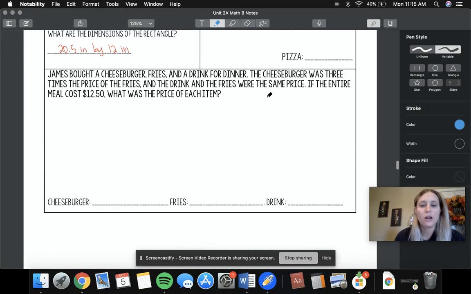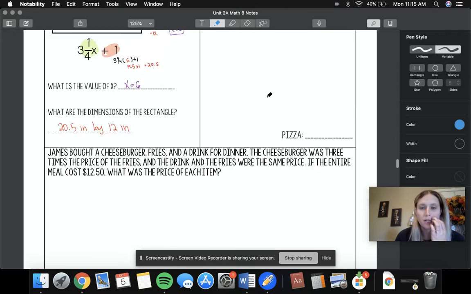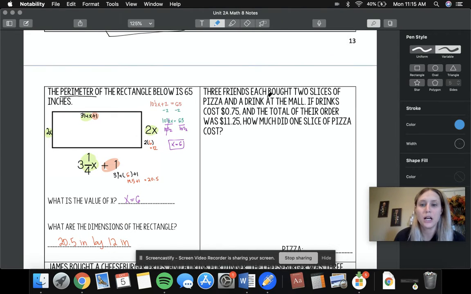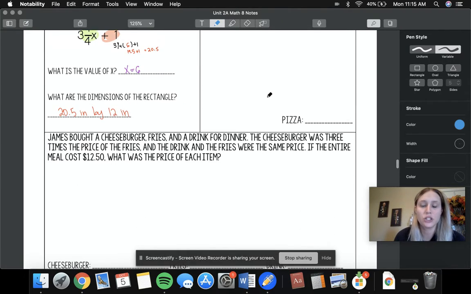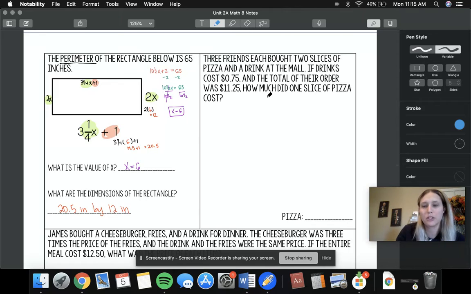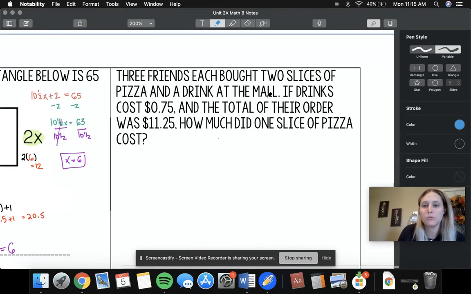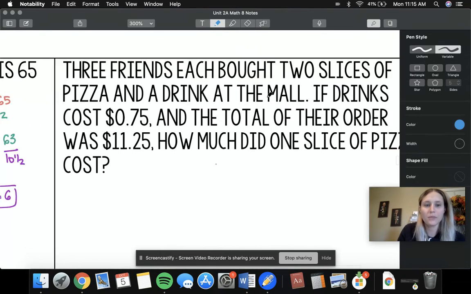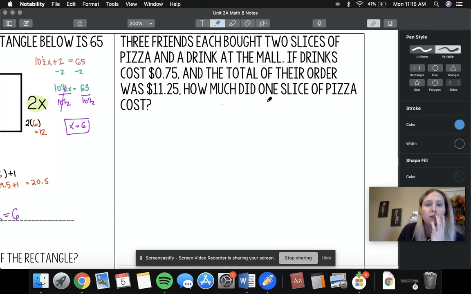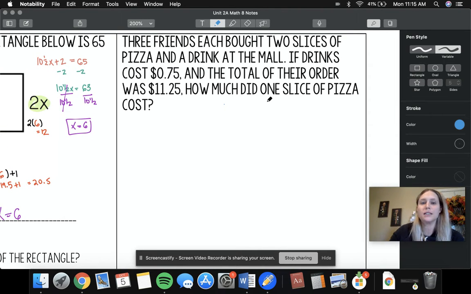Okay, so on page 14, I asked you guys to try these 2 problems, the friends and the cheeseburger problem. So we're just going to discuss it real quick, make sure we feel okay with it, and then we'll move on to variables on both sides. Okay, so for page 14, 3 friends each bought 2 slices of pizza and a drink at the mall. If drinks cost 75 cents and the total of their order is $11.25, how much did 1 slice of pizza cost? Okay, so we have 3 friends,